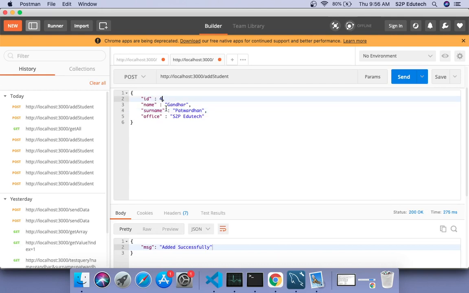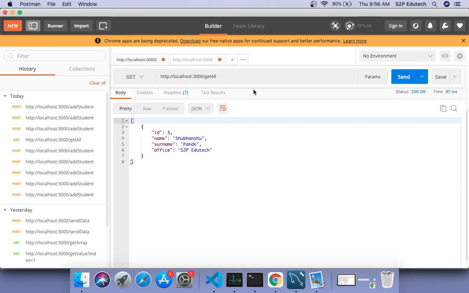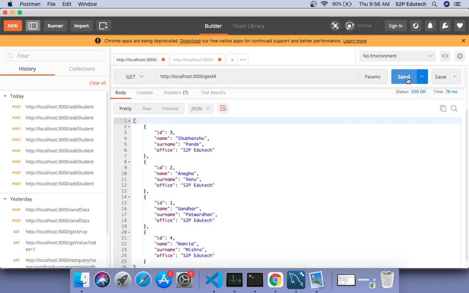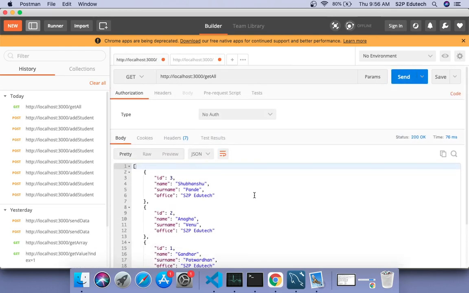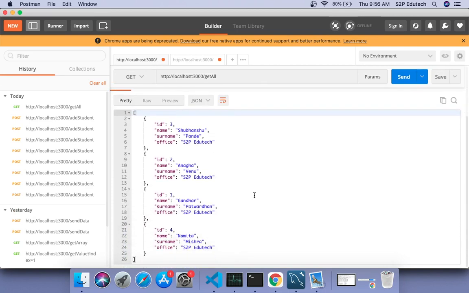I give 4, here I give Namita, here I give Mishra, I click on send, and when I do a get request, I should get all this data. Now this data is fine, whatever data is present in the array, we are getting that data. So no rocket science in this. This is a simple get request.